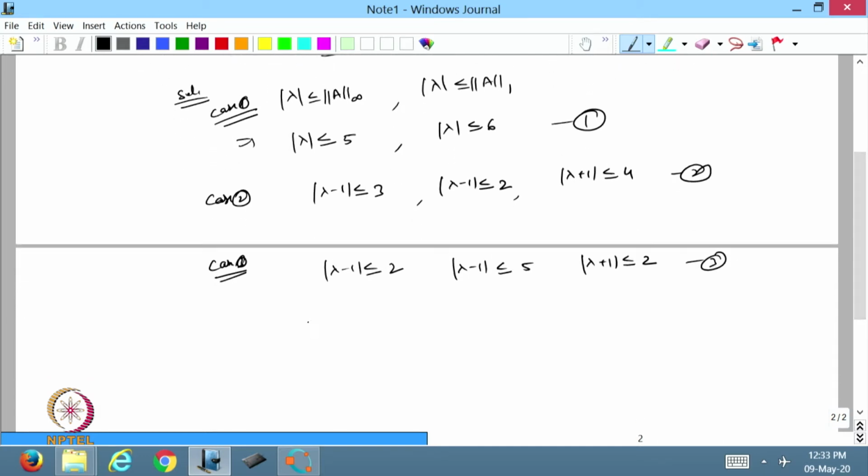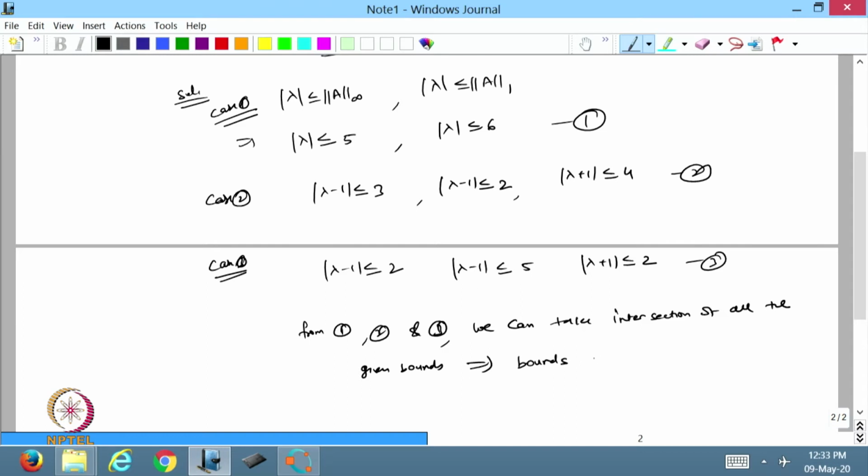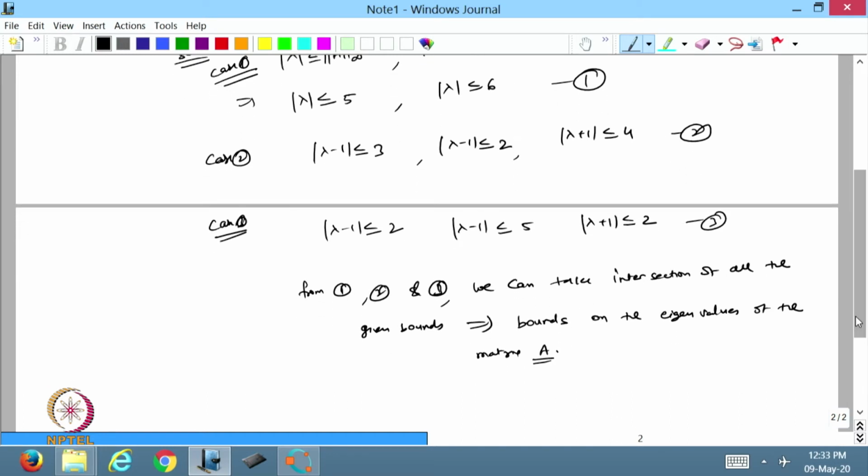Now from 1, 2 and 3 we can take the intersection of all the given bounds, and that gives the bounds on the eigenvalues of the matrix A. If I take the intersection, we will get that lambda belongs to minus 4 to 4.